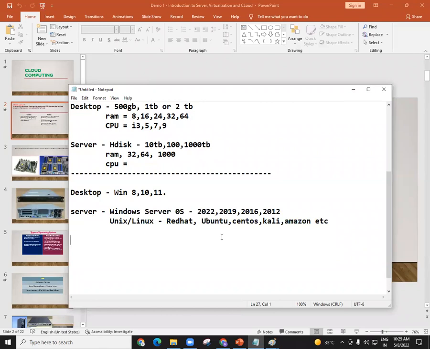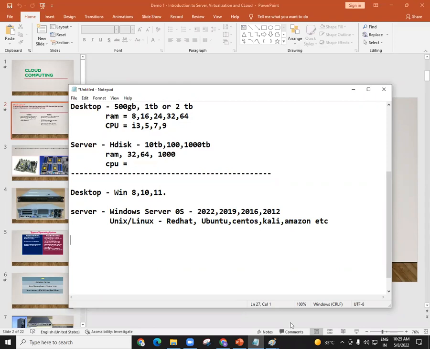Like I said, to understand cloud computing, we should know this concept of server very well. Forget about routers and firewalls and all these things. We will see all these devices in coming classes in more detail, because we need to know what a firewall is and what a router is, as there are certain concepts related to routers and firewalls in cloud computing. But today in this webinar, we'll concentrate more on servers.